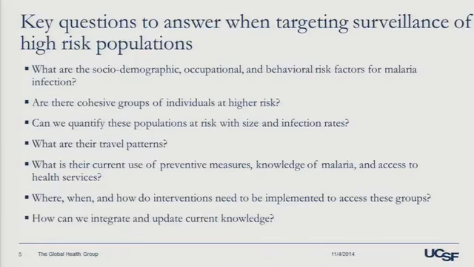And then there's also a lot of knowledge that's already out there, and oftentimes it's not well coordinated. So how can we integrate and update all the current knowledge that's out there about high-risk populations? So these are really a list of questions that we can think through as we go through my talk, and also through the others that will follow, about what programs really need to think about when talking